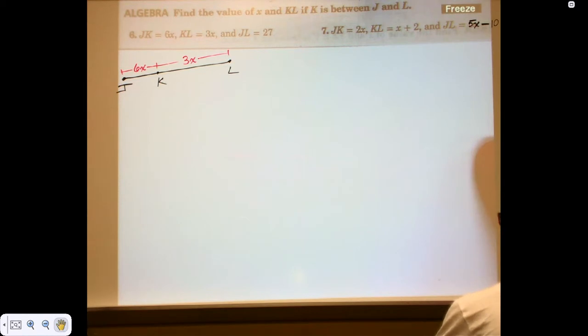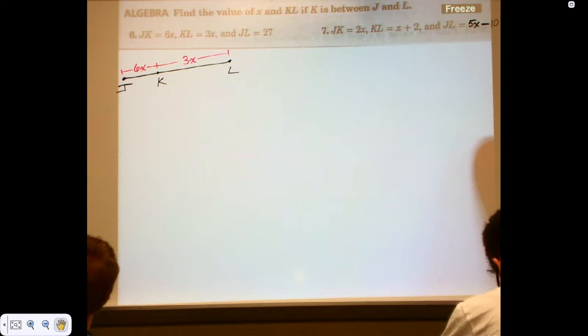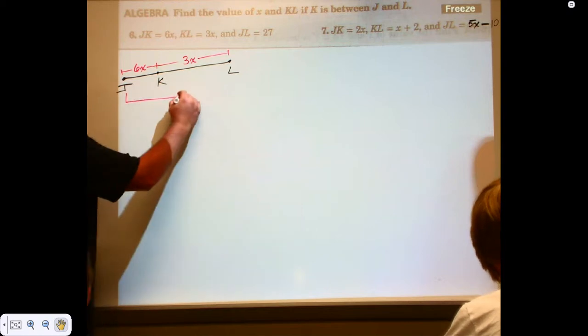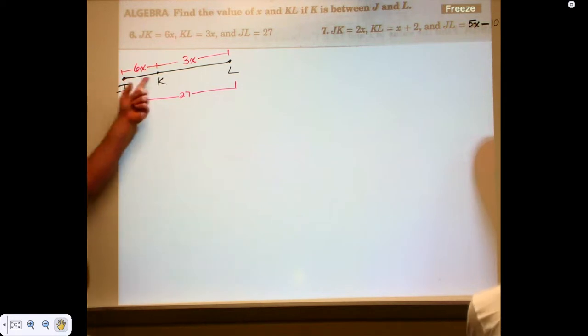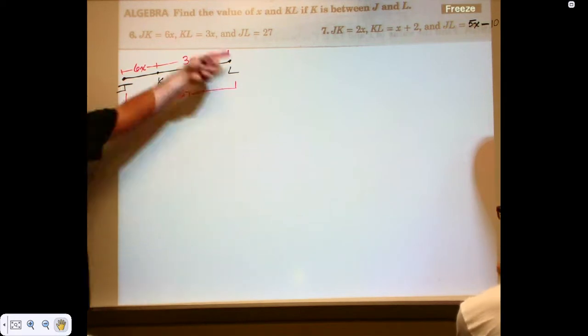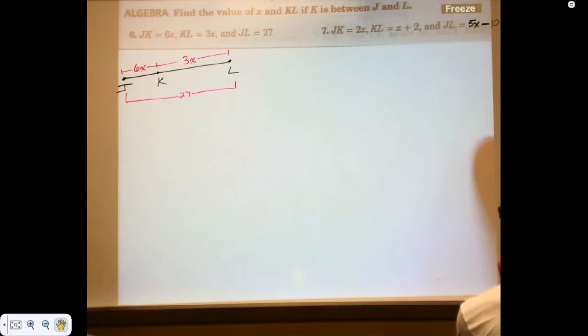Now, is it weird because there's variables in there? Yes. But it's still the same concept. That's a number, and that's a number. It represents a number. Now, what's the whole thing? What have we learned about this in this section? If you go back and look at what you'll see are theorems or things we've talked about, they'll probably tell you what to do. What did we learn? We talked about that the two smaller parts added together equal what? You think that might be the relationship they're wanting you to write an equation for?